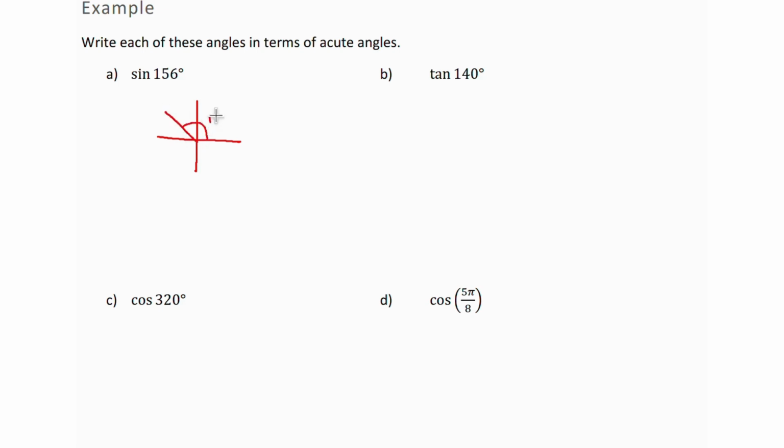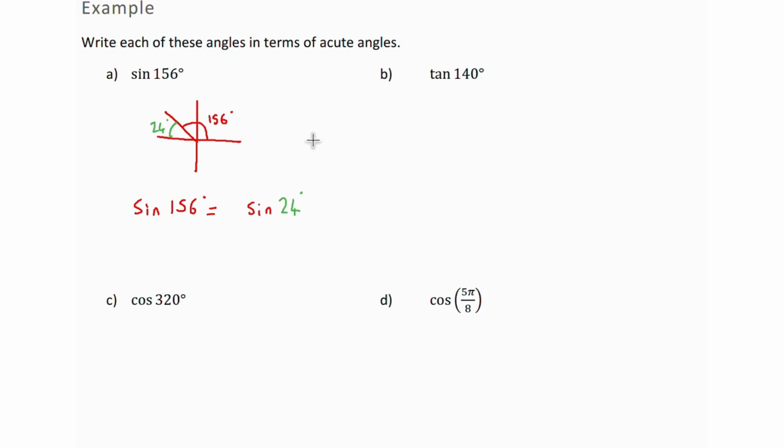156 degrees is there. Now we always want the acute angle to the x-axis. So the acute angle to the x-axis is this angle here. That angle is 24 degrees. So we can start by saying that sine of 156 degrees is equal to sine of 24 degrees. But there is one more thing we need to consider, and that is whether the answer is positive